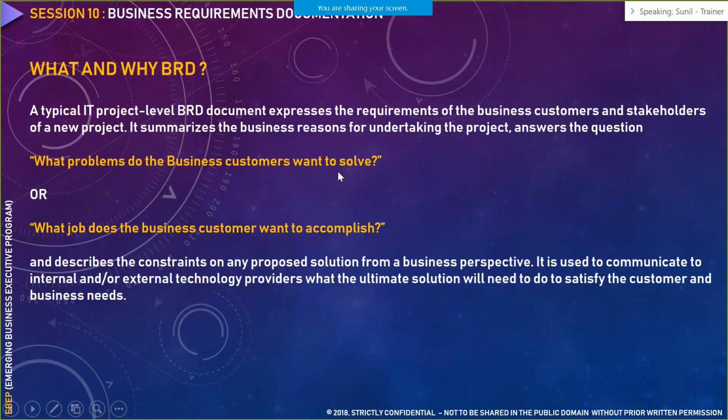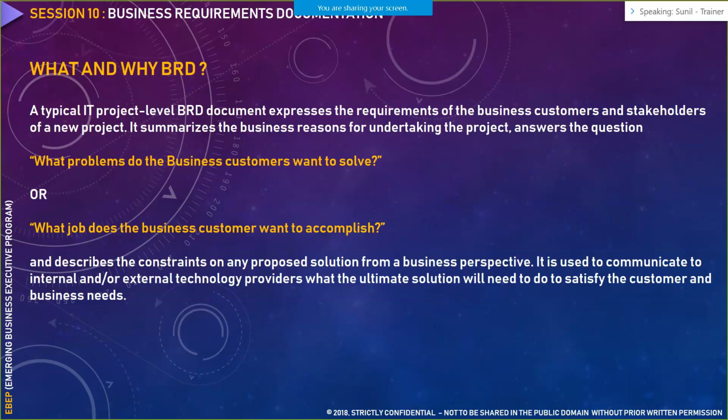We would have a problem description or problem statement mentioned in the business requirement document, much like we have in our business case. And we explore the possible options for how to solve that particular business problem through the business requirement document, or what job the business customer wants to accomplish.